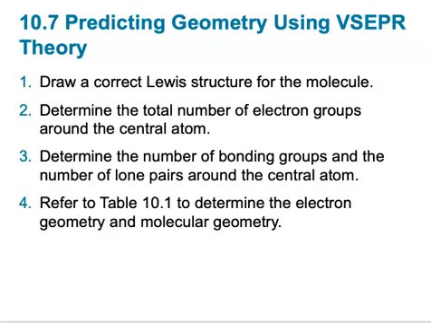So, to summarize, if we are going to predict geometry using VSEPR theory, we want to first draw the correct Lewis structure for the molecule. Once we have drawn the correct Lewis structure, we're going to determine the total number of electron groups around that central atom. Once we do that, we can determine the number of bonding groups and the number of lone pairs around that central atom. And then you can refer back to table 10.1 to help determine the electron geometry and the molecular